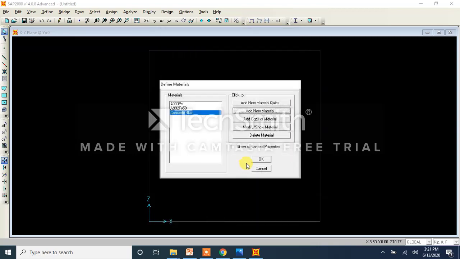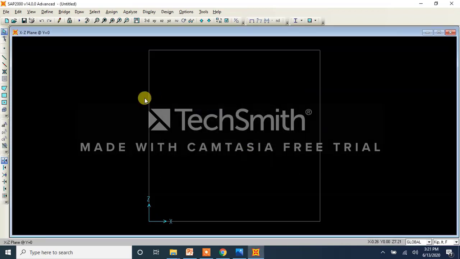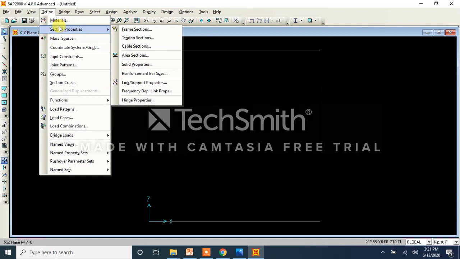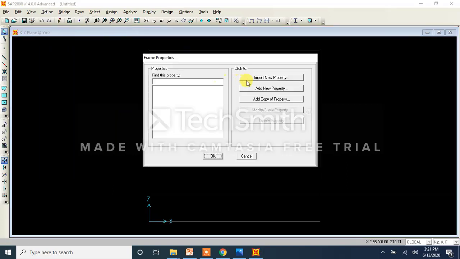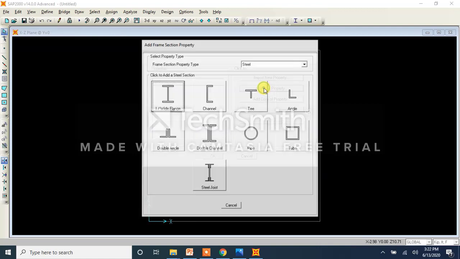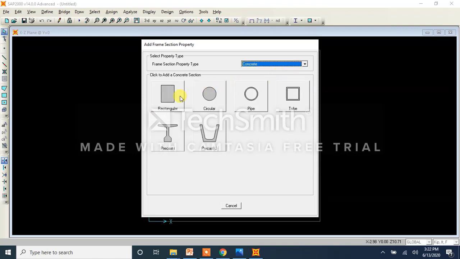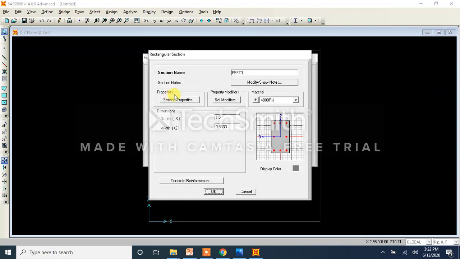Next step is to define the section property, that is the cross-section property for both beam and column. Go to Define, then Section Properties, click on Frame Sections, click on Add New Property, change the frame section material type from steel to concrete, and then select rectangular, right? First of all, define the beam. The beam is made of concrete 4 ksi, and the depth of the beam is